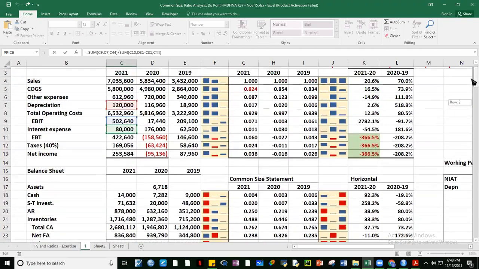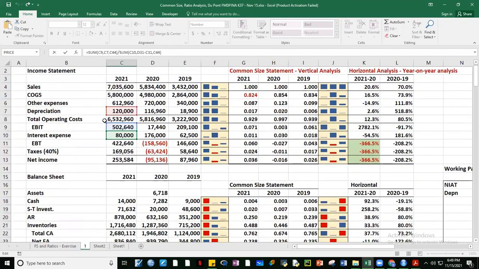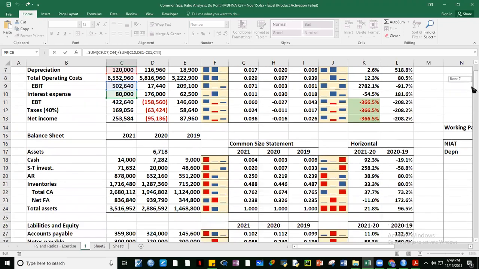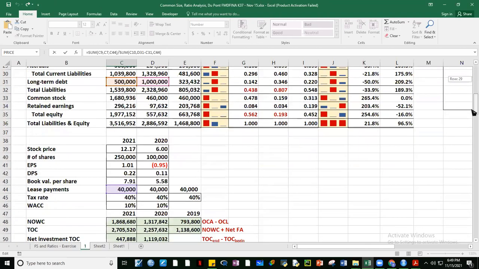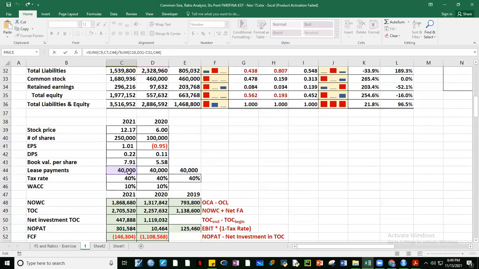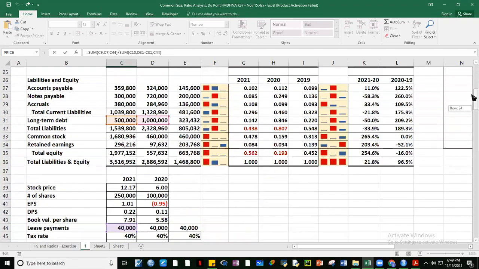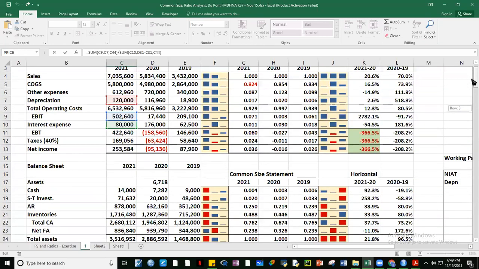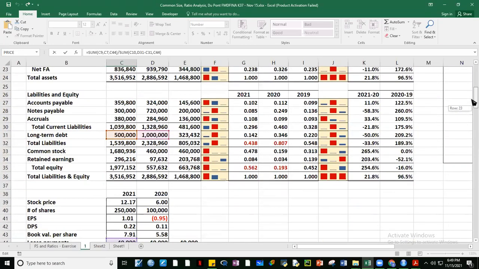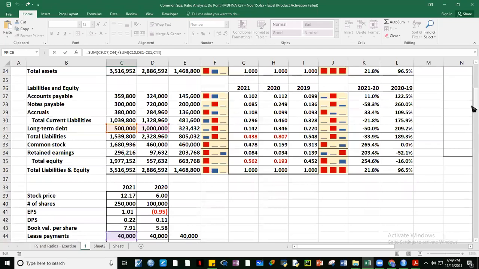Okay? So ulitin ko yung formula na yon. It is C7 plus C9. Kasi kailangan natin EBITDA. Ang EBITDA is your EBIT plus your depreciation. Tapos kasama pa rin C44, i-add back natin yung C44 is your lease. So yun yung denominator natin. EBIT plus depreciation plus your lease. This one. And then divide natin